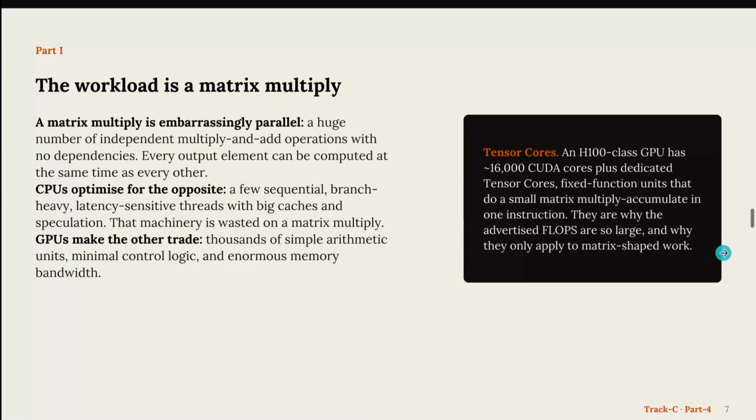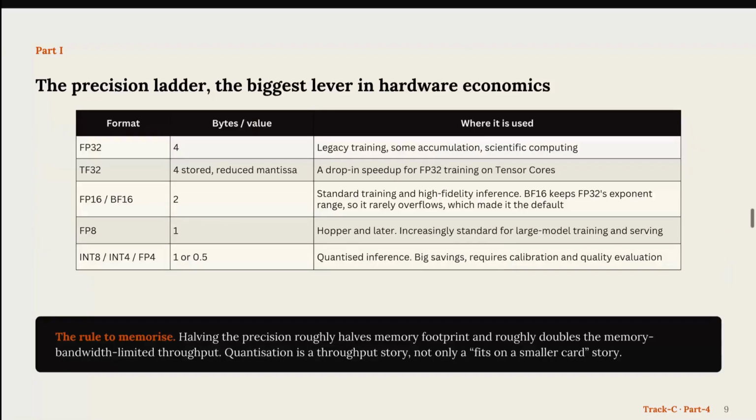You halve the precision, which roughly halves the memory footprint in HBM, high bandwidth memory, and roughly doubles the memory bandwidth limited throughput, because now there is half the floating point size. Now you can literally double the bytes of data passing through that tunnel. So quantization is typically a throughput story,